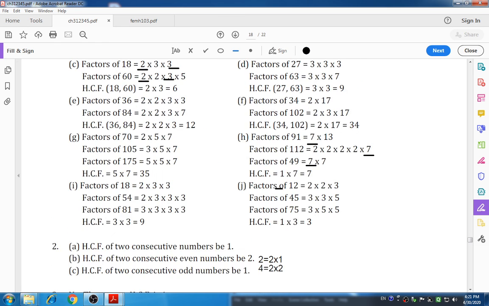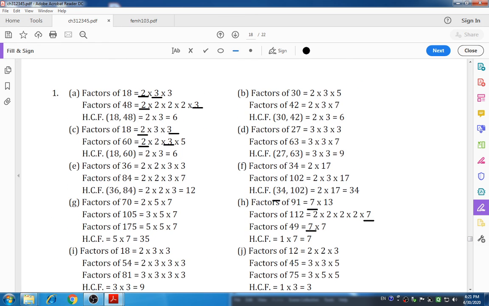As like this, you can solve all of exercise 3.6. Our school has already shared a link where you can read your textbook. So please open your maths textbook, page number 63, where you can see exercise 3.6, which you have to solve in your notebook. Okay. So till then, have a good day.